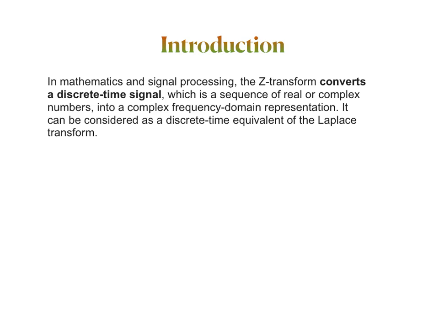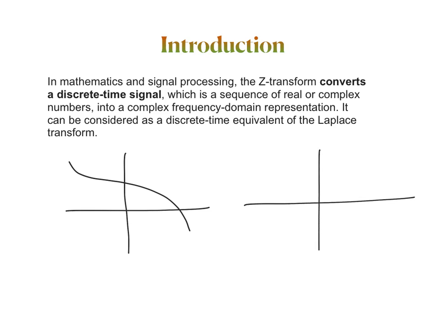series and Laplace transform are used to study signals in continuous time, to convert continuous time domain to continuous frequency domain. So what is the difference between continuous time signal and discrete time signal? If we take the graphical representation of continuous and discrete, in a continuous time graph you can draw like this. In a discrete graph you can take,